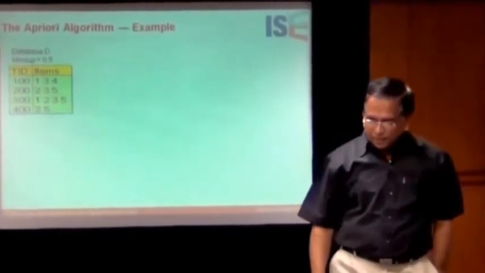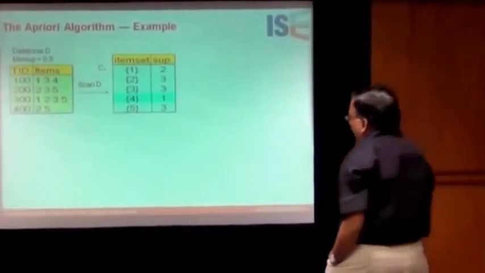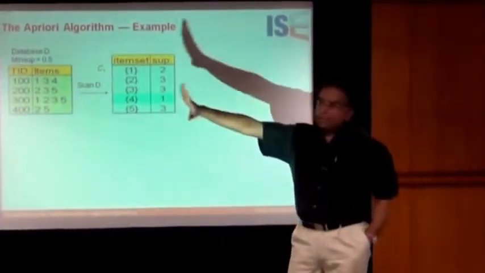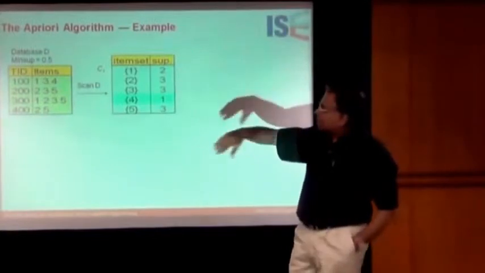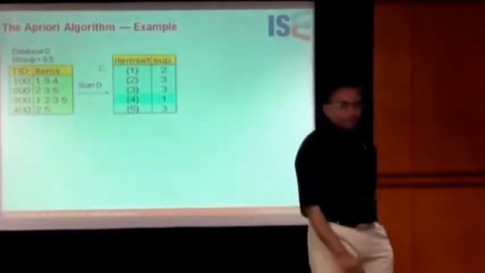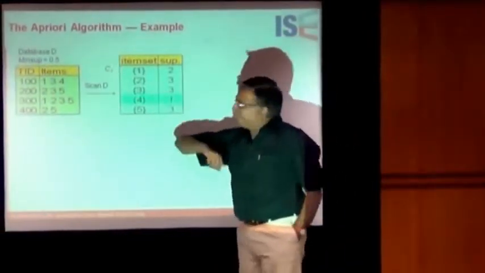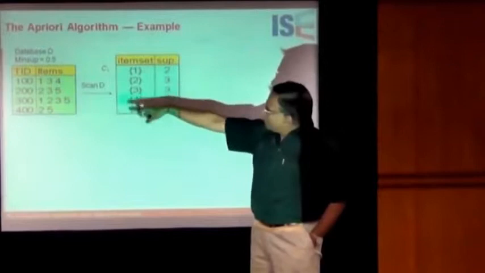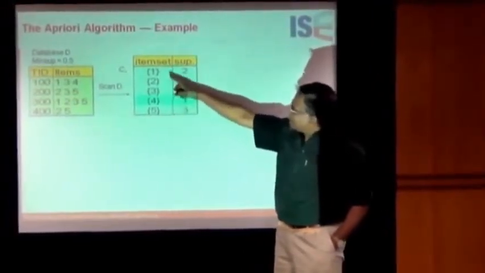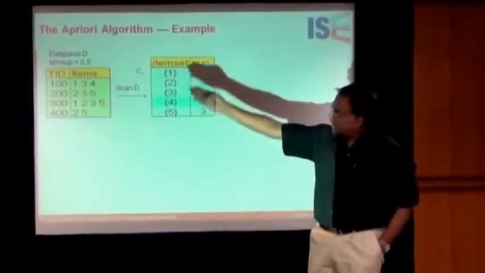From these items, the first thing we do is a scan of B. B is the database, so we do a sequential scan of the whole database. The minimum support is given as 50%, 0.5. When we did the scan of B, we found C1. C1 has a total of 5 elements, 1, 2, 3, 4, 5, and we just counted how many times each one occurs in that table.